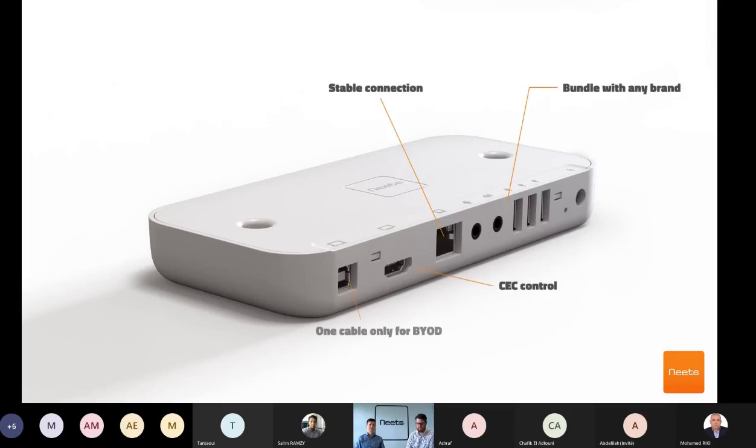You can see you can bundle with any brand. So if you are using one brand of PTZ cameras or web cameras, go with that. If you're using one brand of TVs, you choose. Everything is up to you. And another thing that you won't find on any of the USB hubs out there, apart from the CEC, obviously,